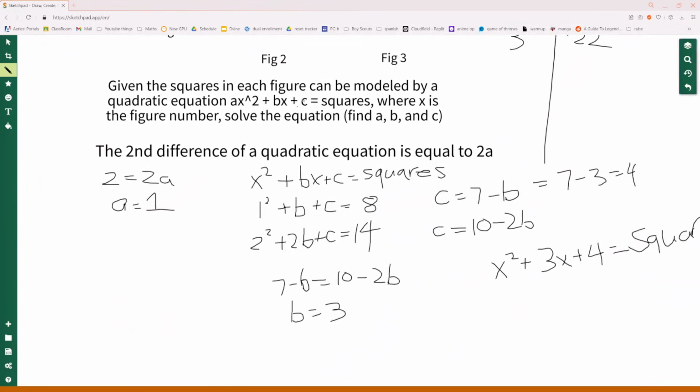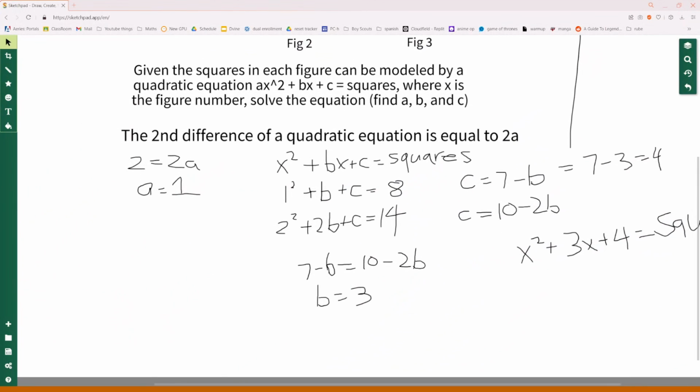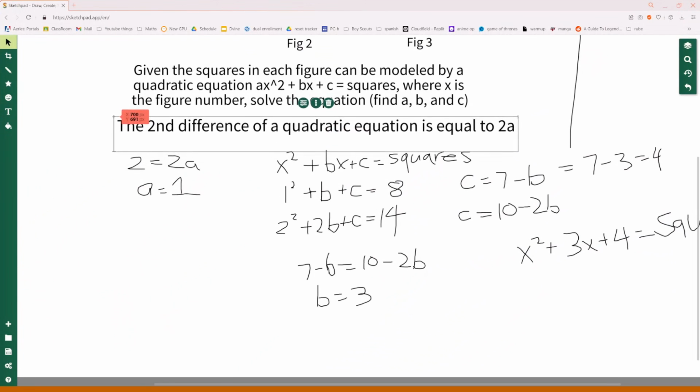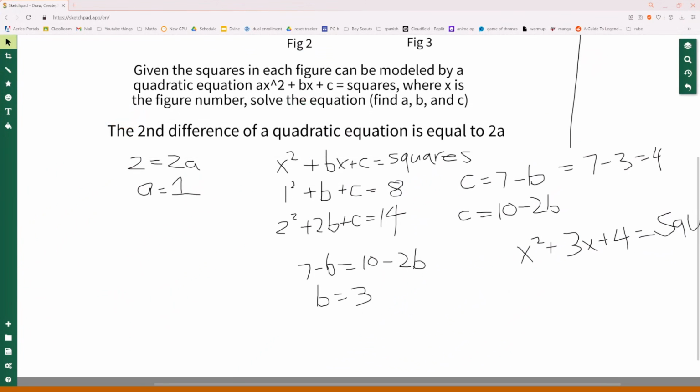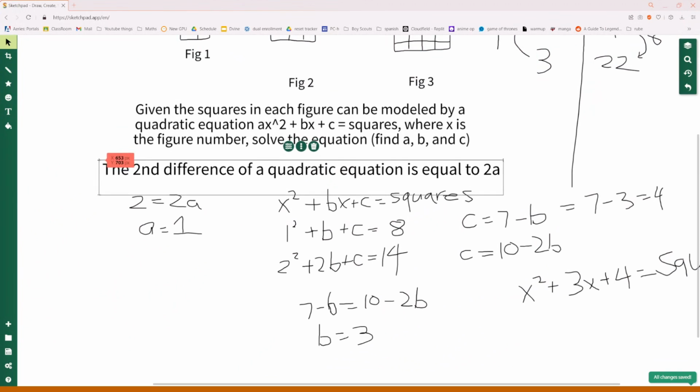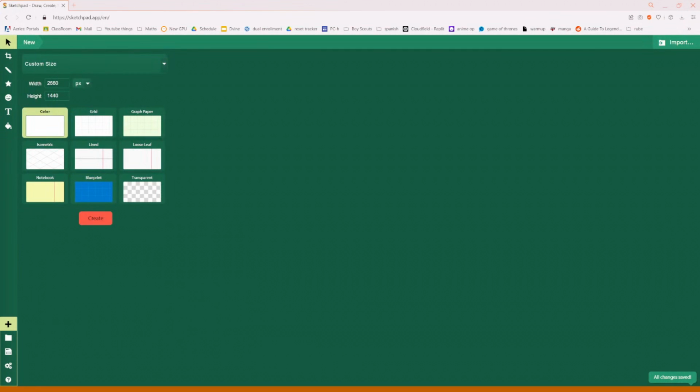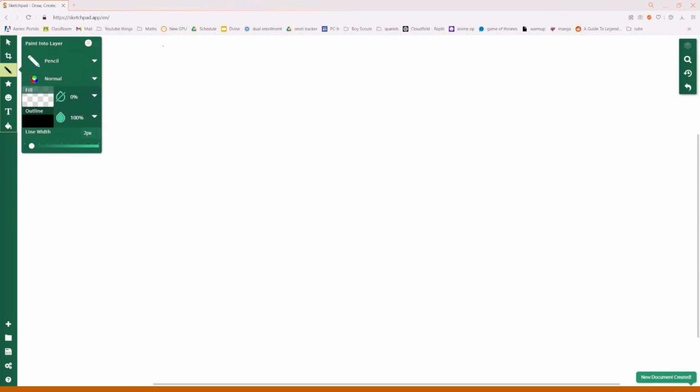Okay, so to move on to another part, we kind of just took this, the second difference of a quadratic equation is equal to 2a. We took this for granted, but we can prove it right here. First, okay, this is kind of just going over. You can just memorize that fact, and you don't have to watch the rest of this, but you know, just in case. So first, you have any quadratic equation, ax squared plus bx plus c